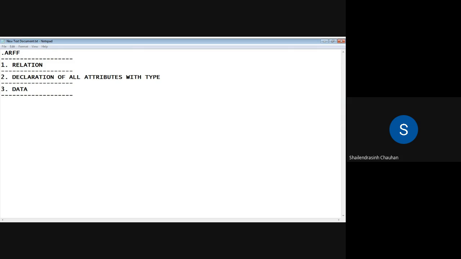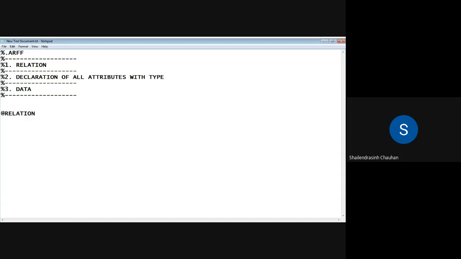Fine, so let us put all these lines as comments, simply by putting percentage. And as we have discussed, the first part is relation, so @relation.